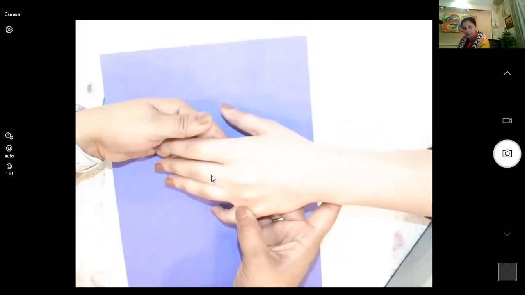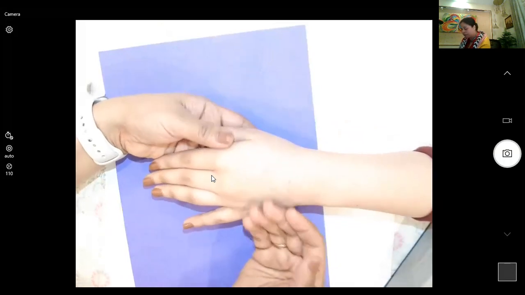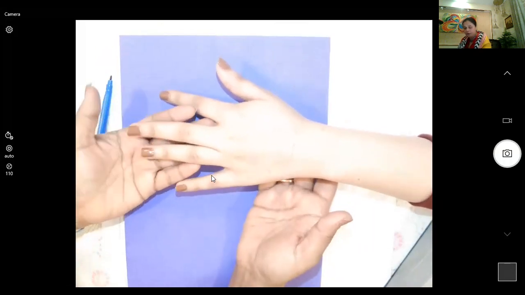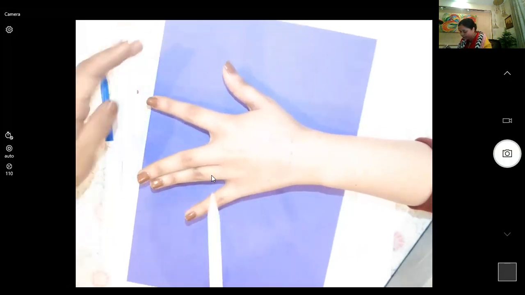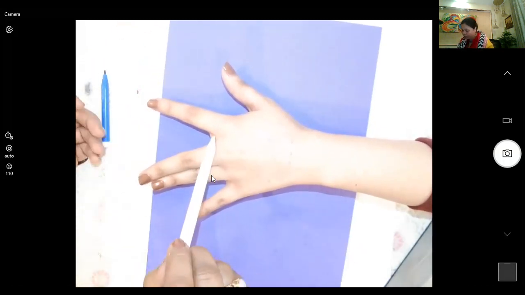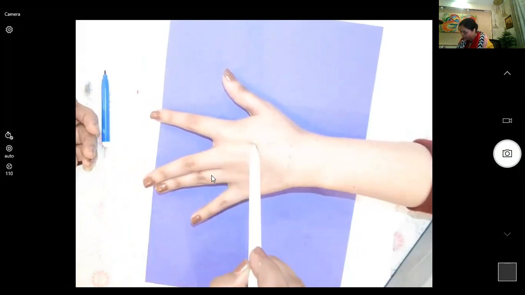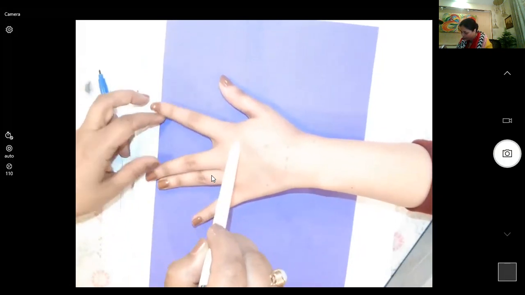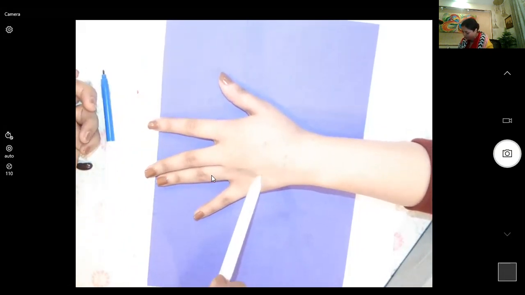So on the hand, kidney points are located in this area. This is the standard correspondence system of the hand. You see, these middle two fingers are your legs and the side two fingers are your arms. So first find the web. This is the web, and then you come slowly up. You see there is a depression here and it is finishing here. You can find the web between two bones and then come here. See, this is the depression between two bones.